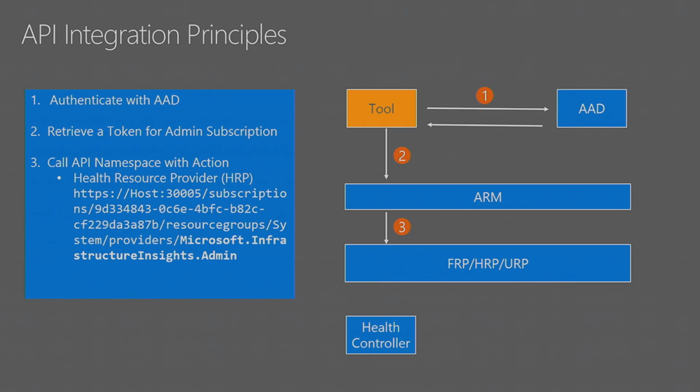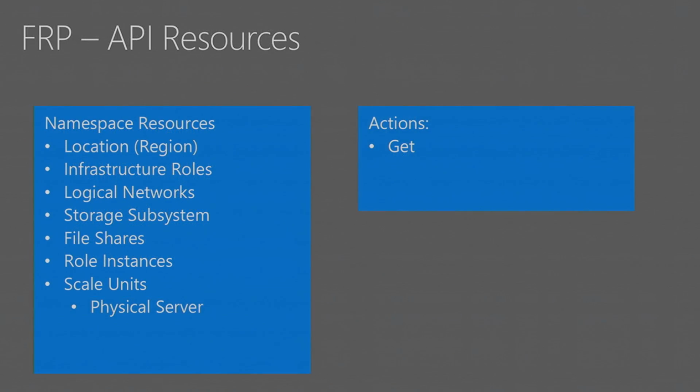So that call, as I talked about earlier, will go down to the underlying controller. And if there is an alert, we're going to retrieve that alert. In fact, it comes out of table storage, because that's where the Azure Monitoring Agent is going to store the event alerts. And the alert gets presented to the tool of your choice. Those are the principles. Let's go a click deeper into the individual namespaces and the resources available in those namespaces.